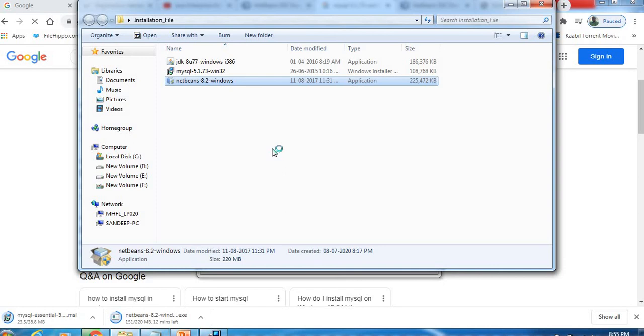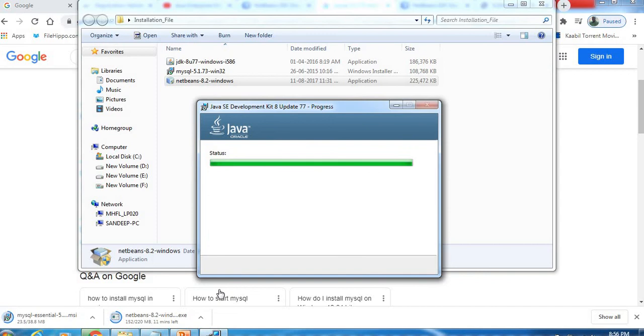So the file is preparing for the setup. So still that Java setup is going on.